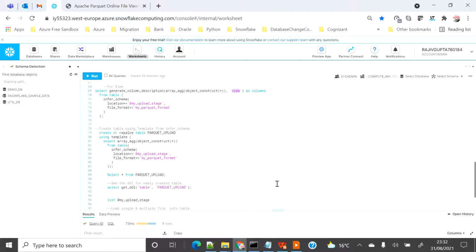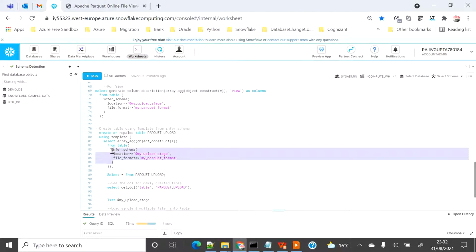And finally, you can create a table using the TEMPLATE keyword, which is a new extension of the CREATE TABLE statement, and that will help you create the table based on the output of the INFER_SCHEMA function.